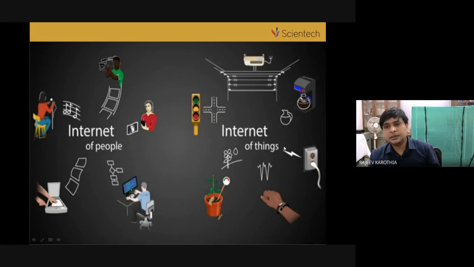But nowadays, a thing is a device which you can connect to the internet, and they can talk to each other without any human interface. That becomes the Internet of Things, where they can share their information over the internet by getting data from the sensors, and they can get their current status. They can store the data and forward it to the cloud. That is what we call the Internet of Things.